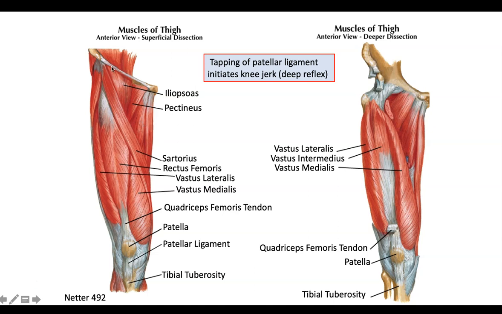And the iliopsoas muscle, you know that it is the combination of the iliacus and psoas major muscle. Most of this iliacus and psoas major muscle is lying on the posterior abdominopelvic cavity. Iliacus from the iliac fossa and the psoas major from the lumbar vertebral bodies. And then they join together, iliacus and psoas major, and form the iliopsoas, which enters into the thigh under the inguinal